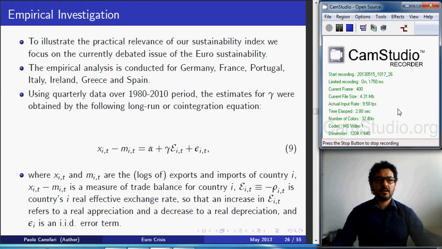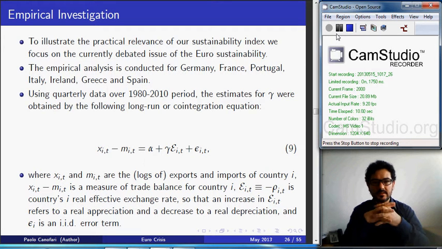Okay, our empirical investigation has a practical relevance in assessing the sustainability of the monetary union. We use equation 5, so our shadow exchange rate, minimizing the loss function, and we use data, quarterly data, in the period